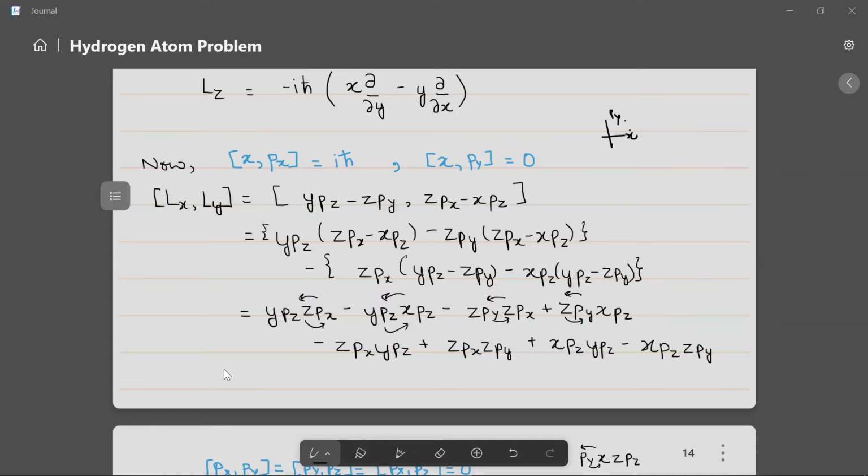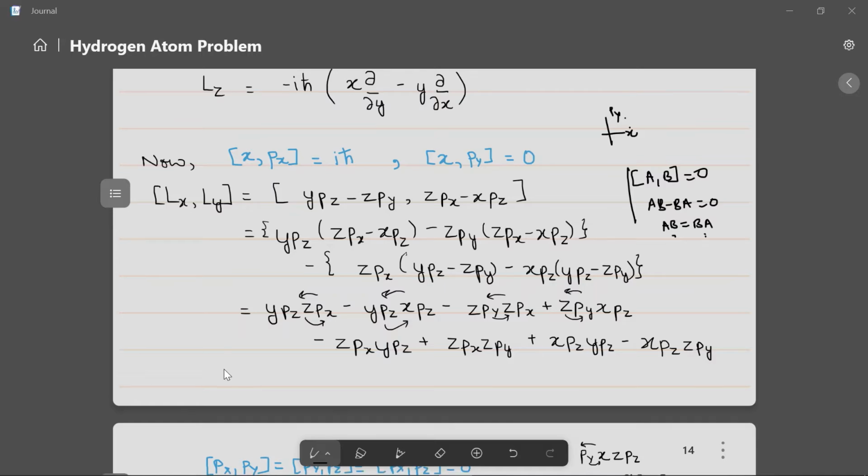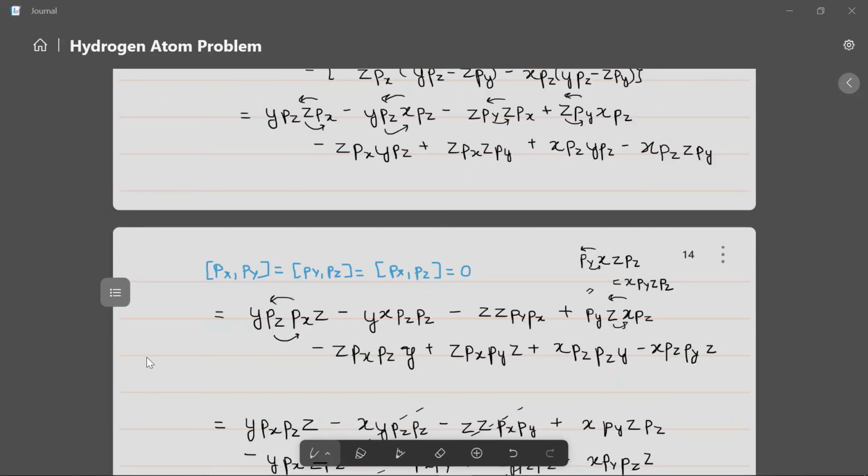Now you have to see which two operators commute. Say A and B commute, which essentially means AB minus BA is 0, which also means AB is equal to BA. That means I can shuffle the order and it will not make a difference. So since we know z and px commute, we can shuffle the order. Similarly here, here, here. I've tried to show arrows wherever possible. By necessary shuffling, it can be further reduced to this form. And whatever the intermediate steps are, I've shown them here.